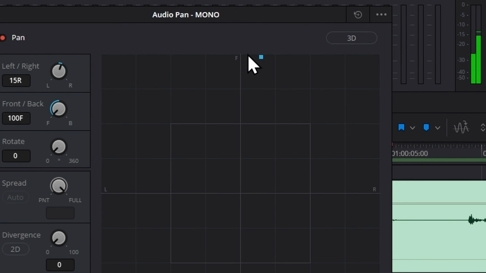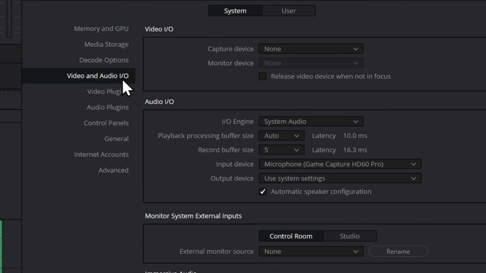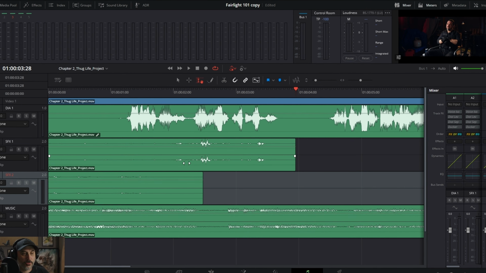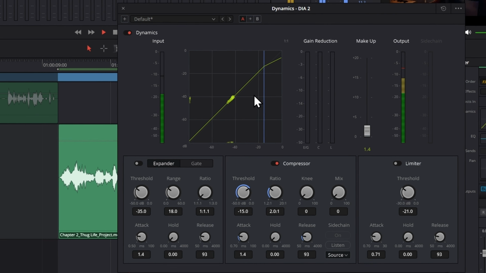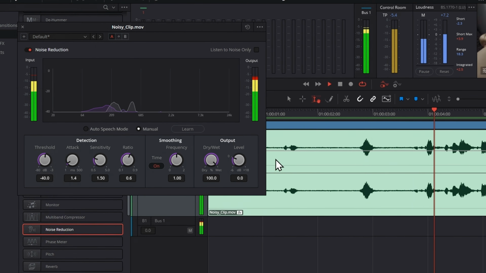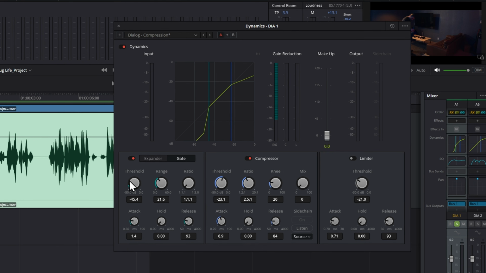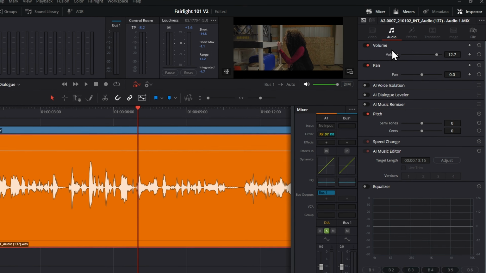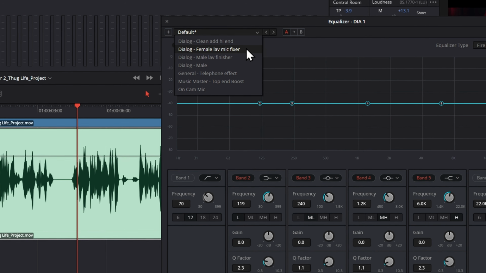We start with the basics: what frequency is, what loudness means. Then we learn the most useful tools to fix problems: cleaning up dialogue, EQing voices, using dynamics, removing noise, and organizing your timeline so everything stays clear and manageable. You'll learn how to cut silence, adjust levels, normalize clips, hide and organize tracks, and use presets to get great